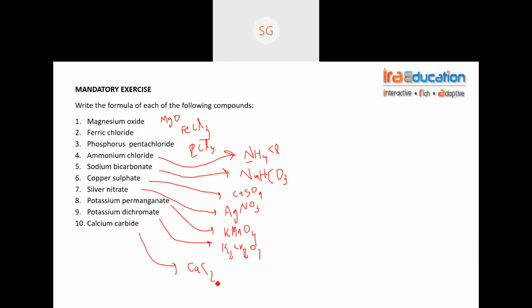Now, guys, I'm asking you to find the oxidation number for all the metals. Let's start with magnesium oxide. What is the oxidation number of magnesium in magnesium oxide? Potassium dichromate formula is K2Cr2O7. Sir, what is the oxidation number of carbon? In general it is +4 or -4, but it depends upon the bonding also. Oxidation numbers depend upon how it is bonded.